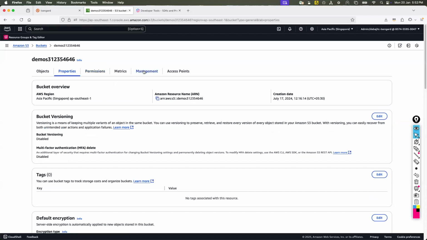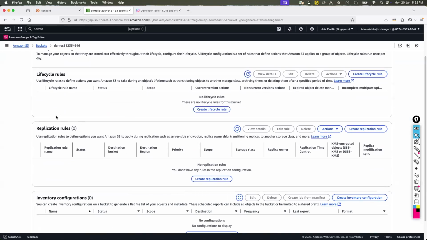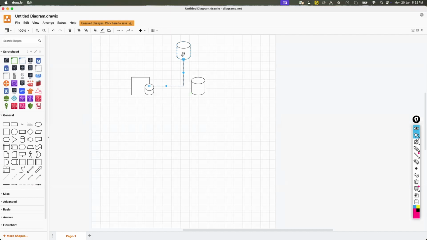Now, if I go to the management section, you can see some interesting management options there. One of the very important ones, and my favorite, is replication rules. Replication rules are a kind of disaster recovery solution for your S3 bucket. Let's say I have the S3 bucket running in Mumbai.